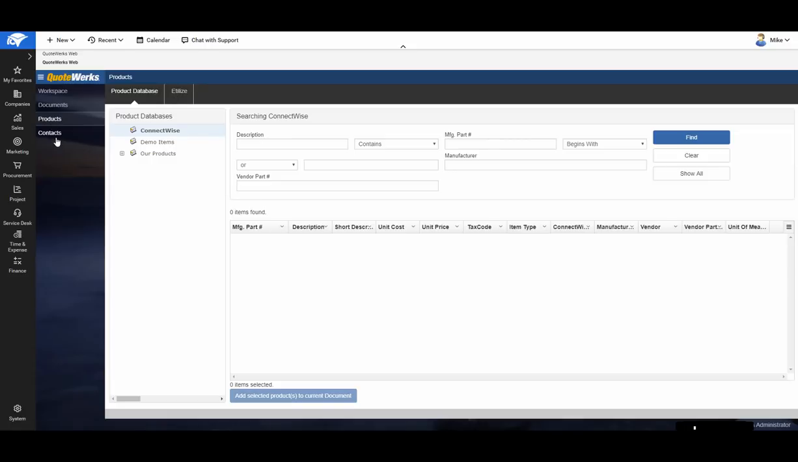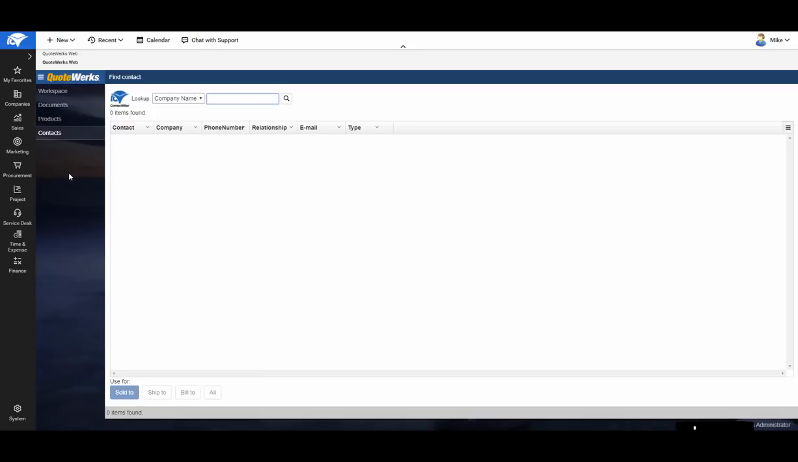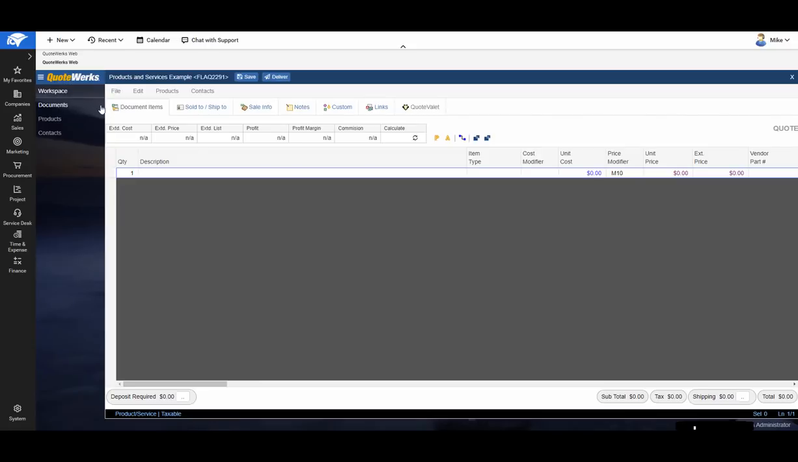And finally, the last menu option will be the contacts menu, where you can search in ConnectWise based on the company name, first name, last name, or phone number. If we go back to the Workspace option, you'll see this will bring you to a very familiar interface where